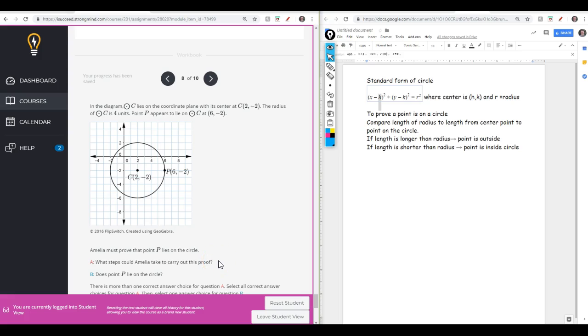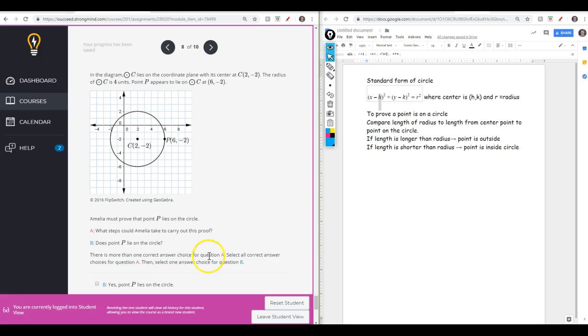There's more than one correct answer choice for question A. Select all correct answer choices for question A. Then select one answer choice for question B. Okay, so